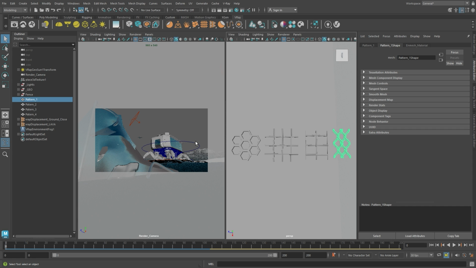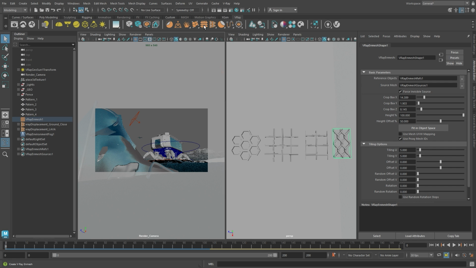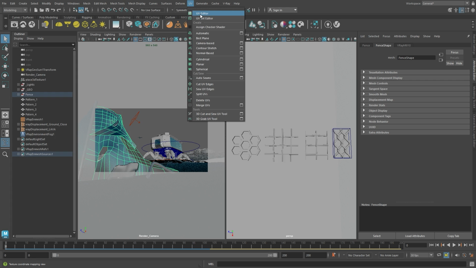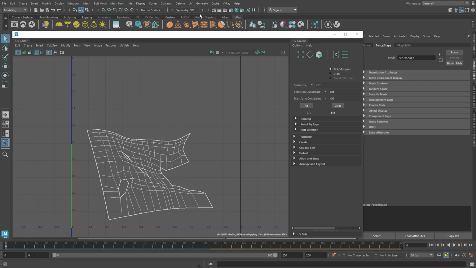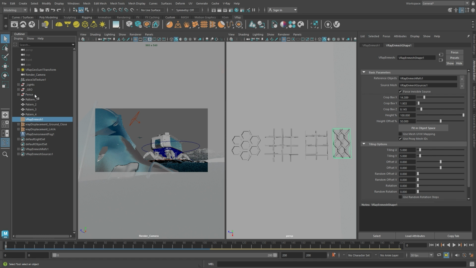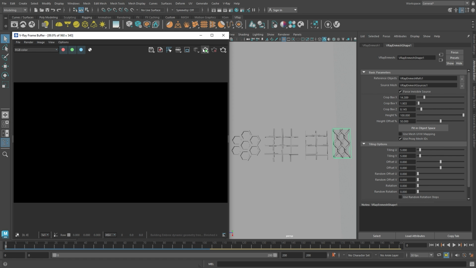All you need to do is select our pattern while holding Shift, select the object we want to spread the pattern to, and click the Enmesh. Note that the UVs of the parent model should be properly unfolded. So if you get some distortions in your Enmesh, you probably should check your UVs. Let's start an interactive render to see what we're working with.